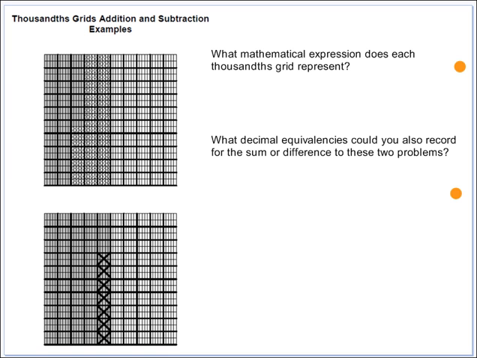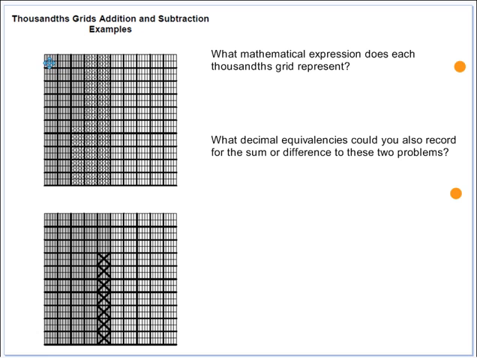Adding and subtracting thousandths is the same as adding and subtracting tenths or hundredths. We're either putting all the numbers into a thousandths grid, or we're putting our larger number into the thousandths grid and then taking away the smaller number. So if we look at these two thousandths grids, we want to know what mathematical expression each thousandths grid